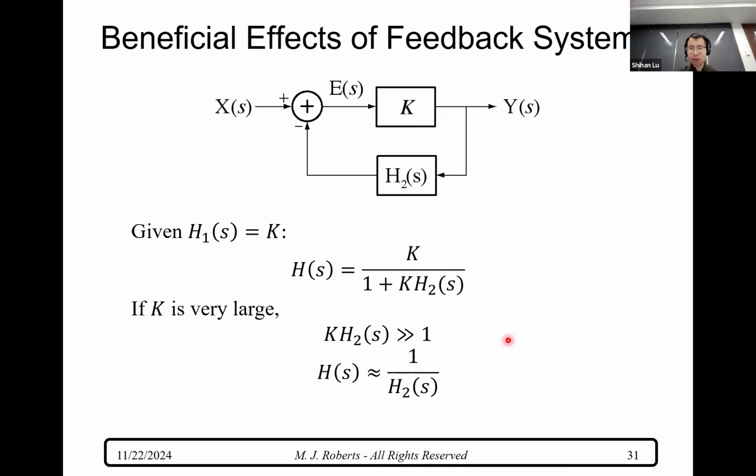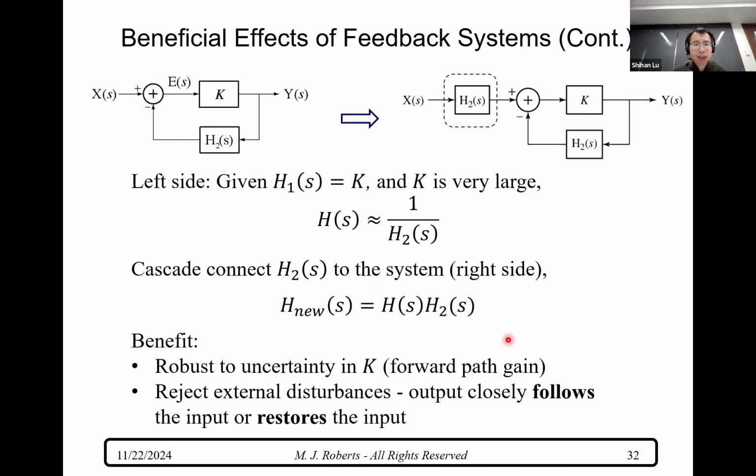Okay, so far we have a very simple way, just using the definition of the feedback system to derive the overall system transfer function. On the left side, we assume that the rational system is just a linear amplification of the system input, and the amplification coefficient is K, but this K is very large. Using the property that K is very large, we can simplify the overall system transfer function as 1